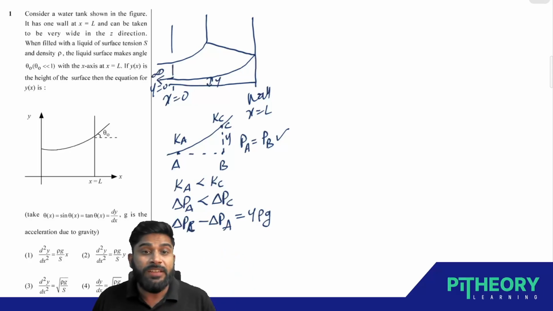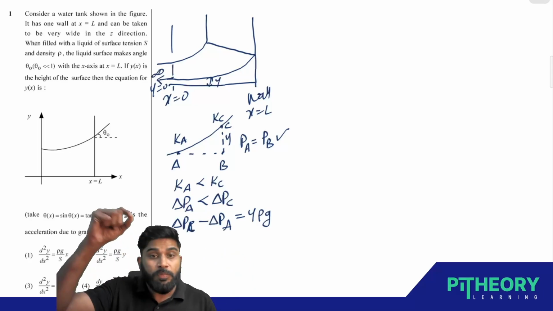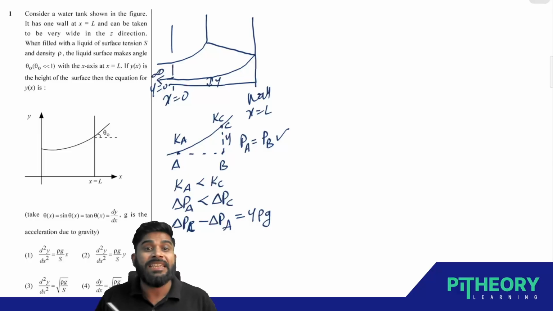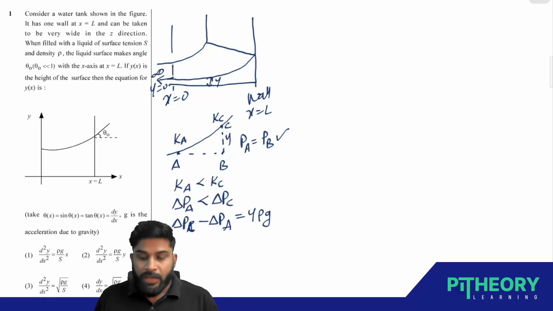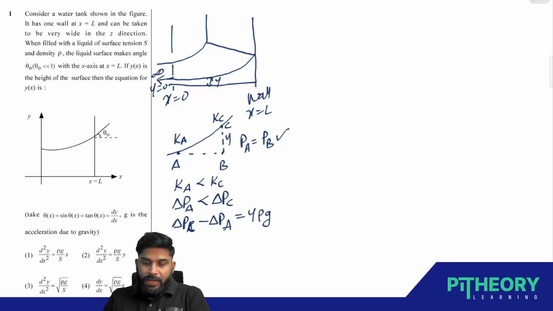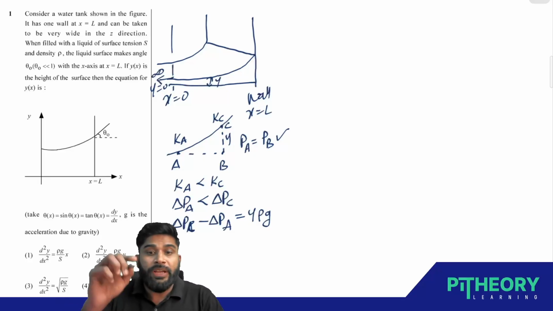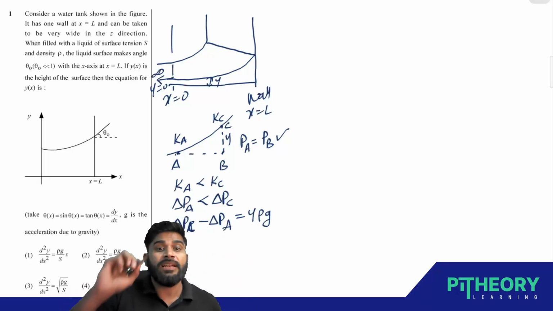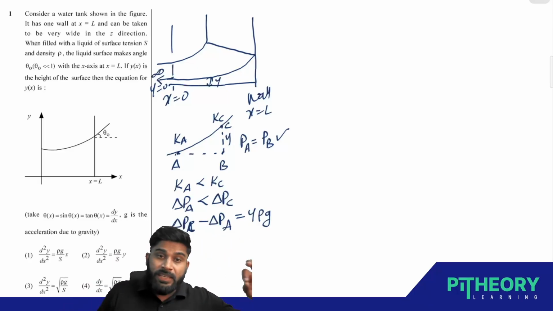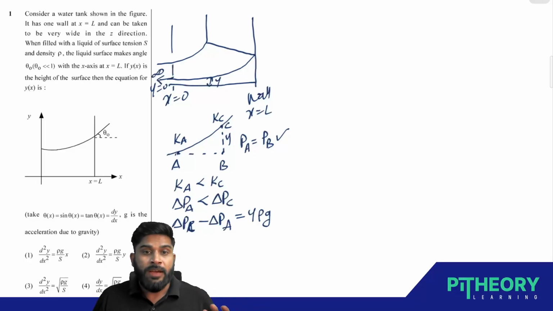That pressure difference between these two points is balanced by the Y length of the liquid column there. But again, one more point: if this point A that I have taken is toward the left continuously, as in the given problem, let's say it is at infinity. At that infinity, what will be the curvature? If the curvature at point A is 0,